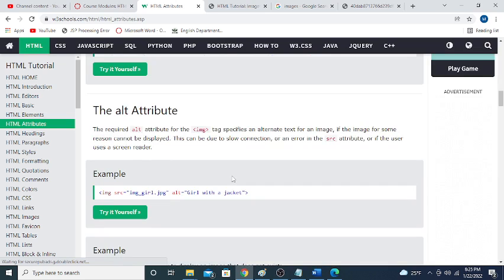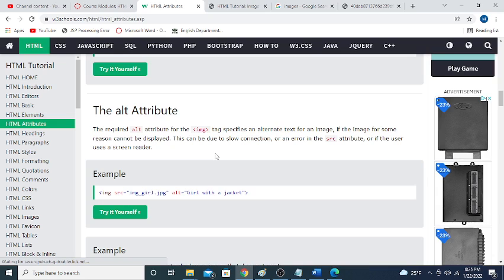Okay, the alt attribute for the image tag specifies the alternate text for an image. This has to do with ADA compliance. There are people out there who have Braille keyboards, and the computer will actually read to them, and if they're on your informational website, let's just say you're doing a website on the history of one of the presidents or something like that, if there's a picture, it will stop and say there is an image of Abraham Lincoln as a child, something like that. Or if the image doesn't load, you know what, let's go ahead and do it right now. If the image doesn't load,